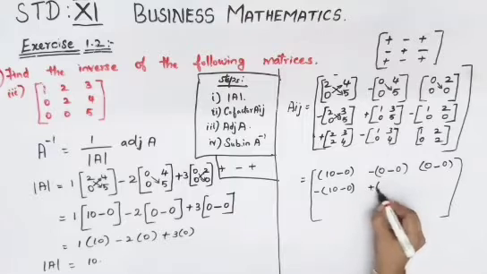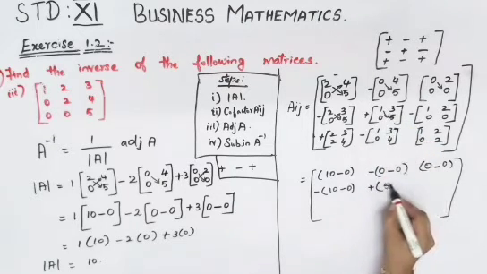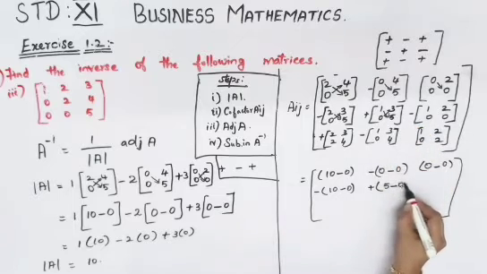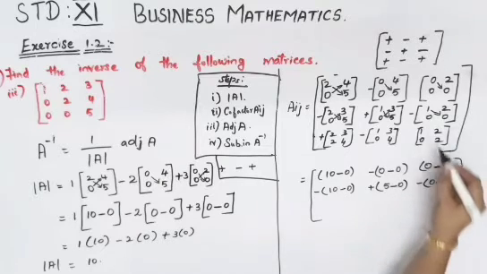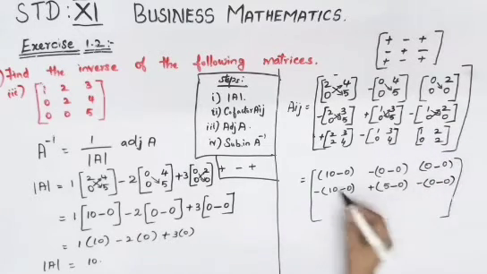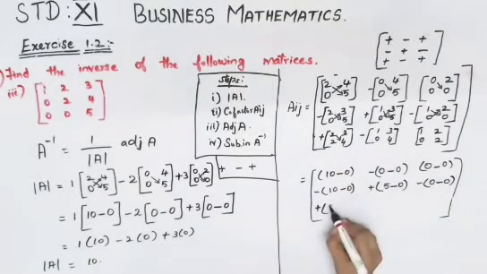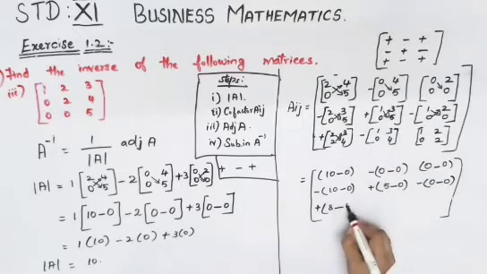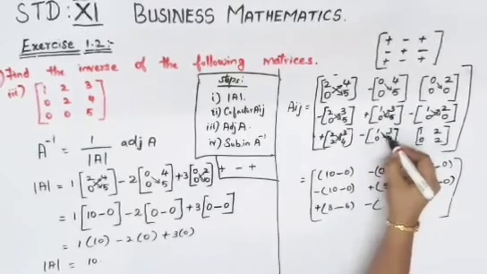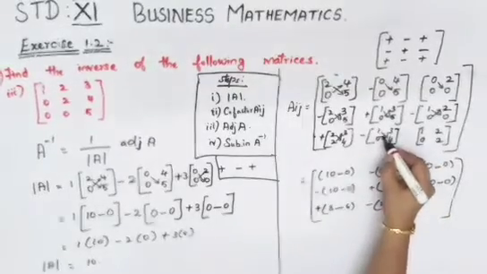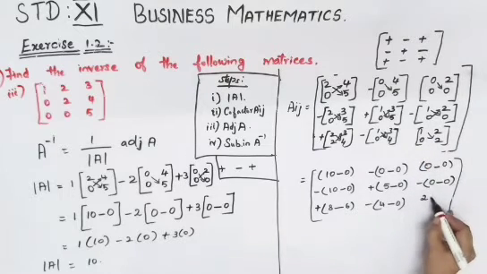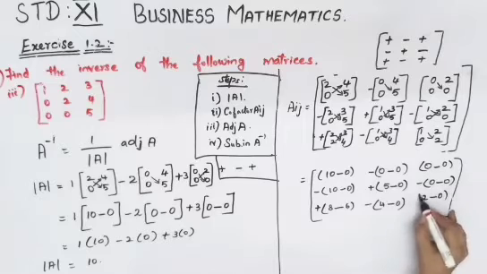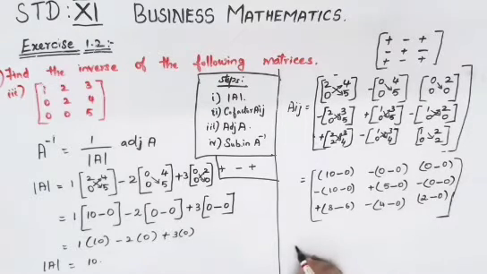Then this is plus only. So 5 1s are 5 minus 0 3s are 0. Then minus, open your bracket, 1 into 0 is 0 minus, again 2 into 0, 0. Then this one, it is plus, that is the third row, 2 4s are 8 minus 2 3s are 6 minus 1 into 4 is 4 minus 0 3s are 0. Then again 1 into 2 minus 0 2s are 0. So this is your solving.